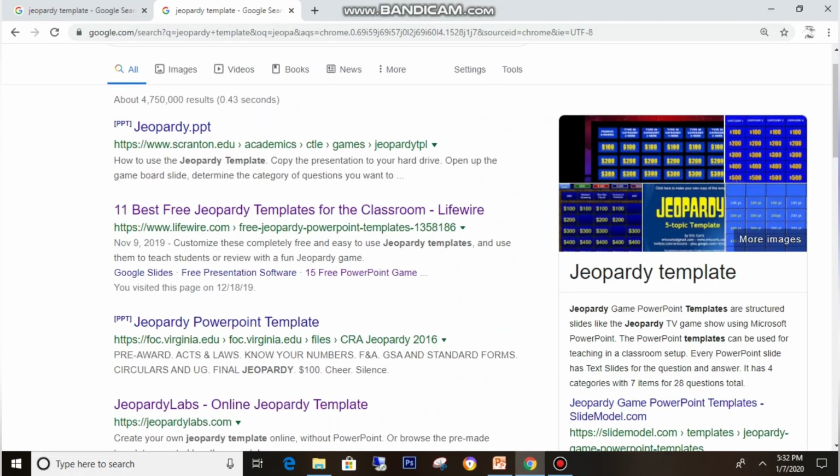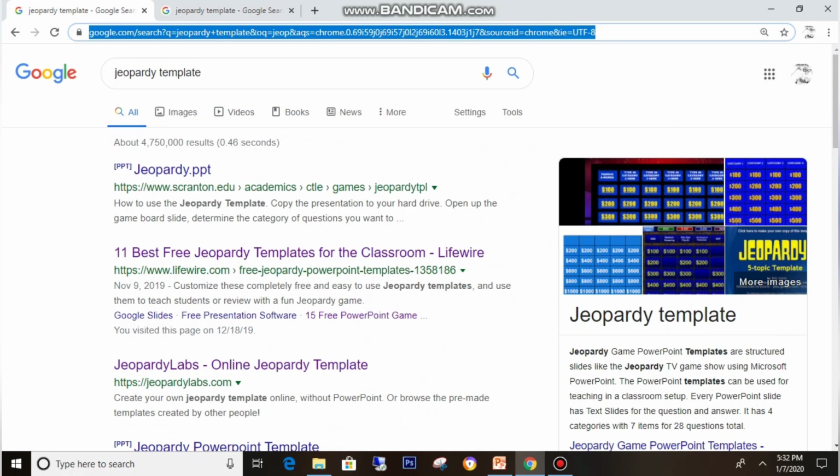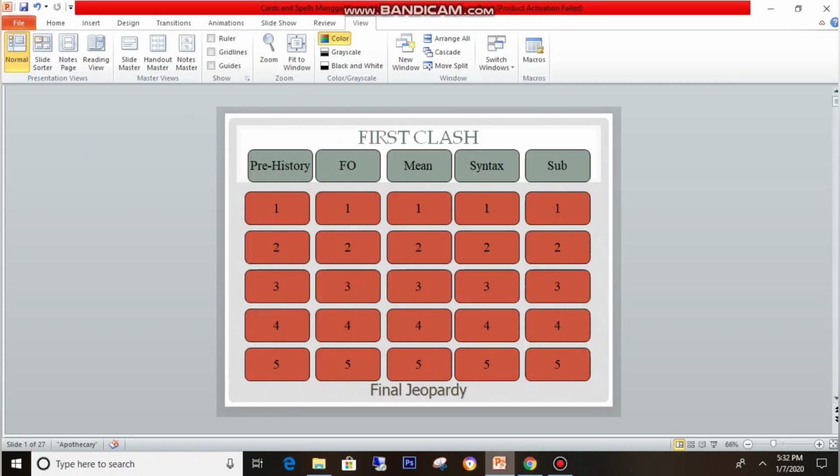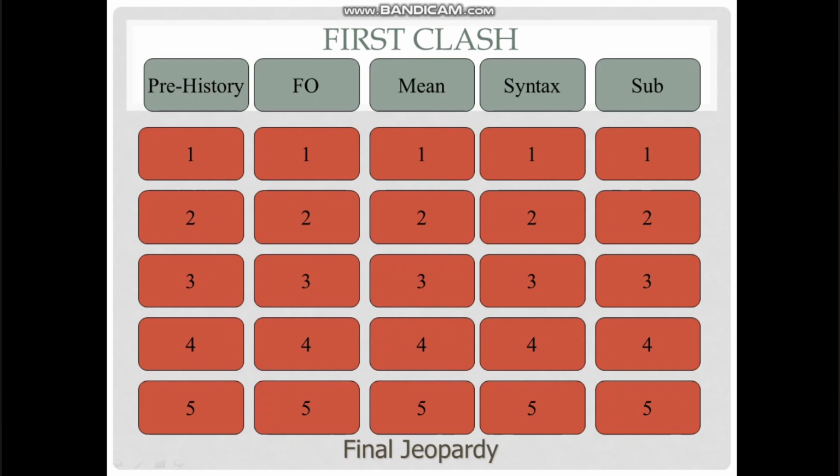So collectively, this is a question and answer that I use in review. Instead of throwing just the mere questions to the class and letting them answer freely, I see to it that it will be a lot of fun, just making it a game for them. So this template, I'll just give you a brief walkthrough. It's just simple. We have 5 categories, and for each category, we have 5 questions where the students